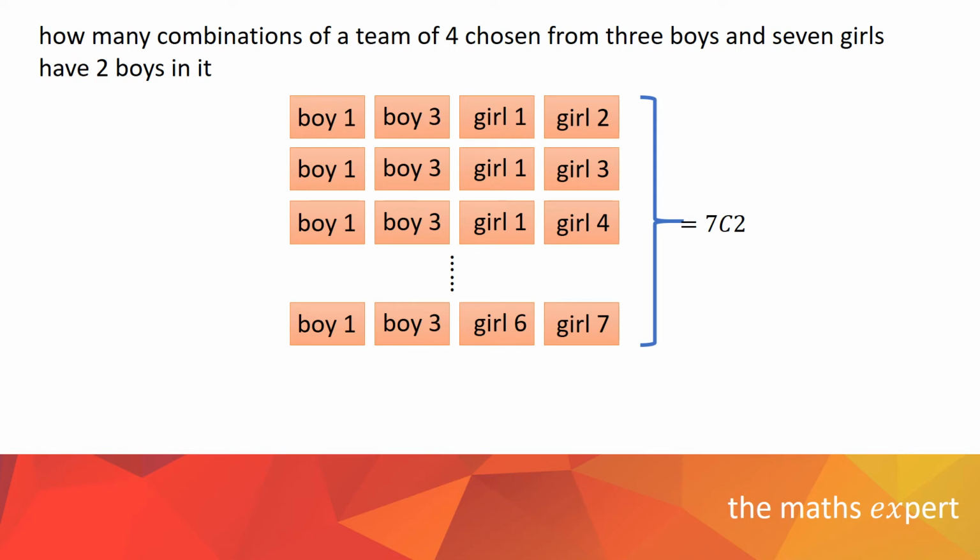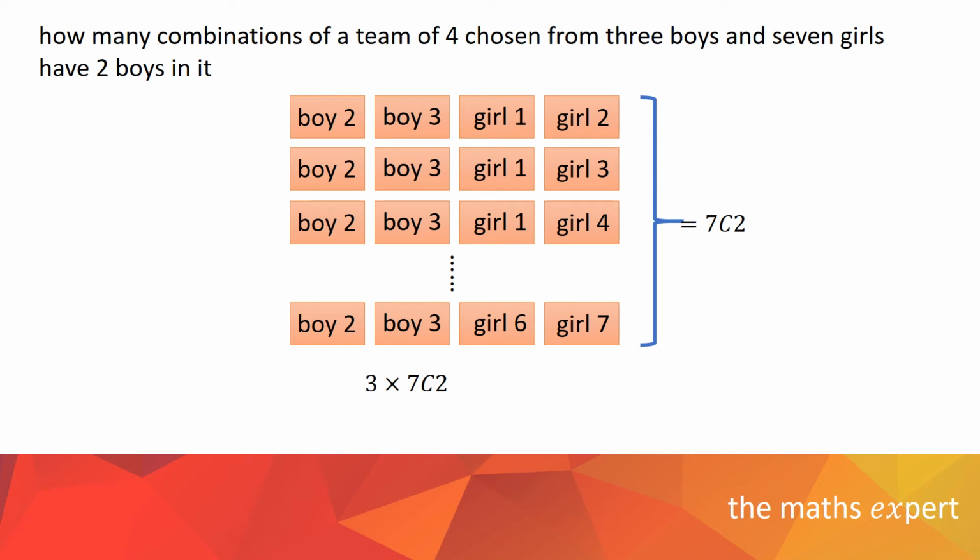Now I can change the boys, and again there will be 7 choose 2 lots of girls to go with them. I can repeat the process for the final pair of boys. There were 3 pairs of boys, so the total number of combinations of teams with 2 boys will be 3